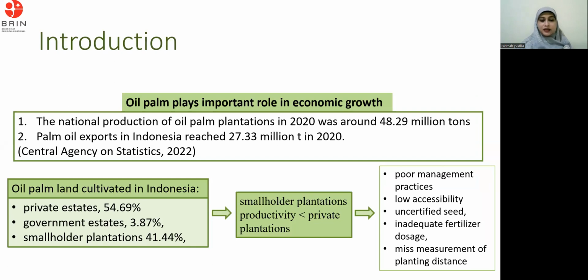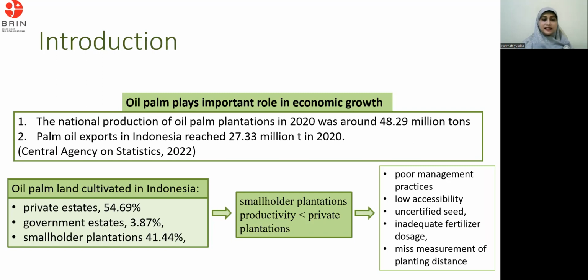Oil palm is the main plantation commodity that plays an important role in economic growth. Based on the Central Agency on Statistics, the national production of oil palm plantation in 2020 was around 48.29 million tons. In addition, palm oil export from Indonesia reached 27.33 million tons. Oil palm land cultivated in Indonesia by private estates reached